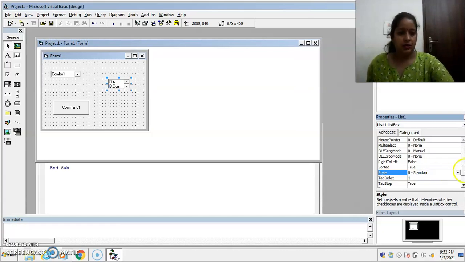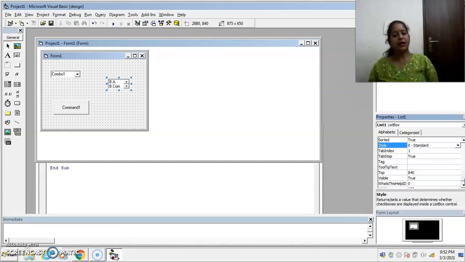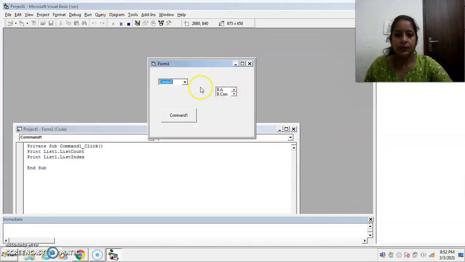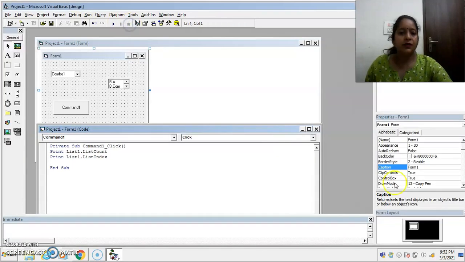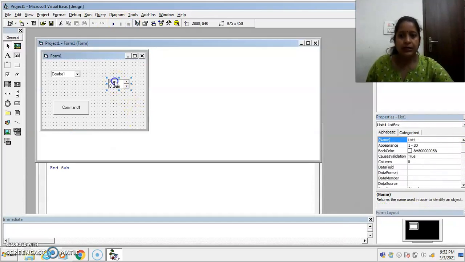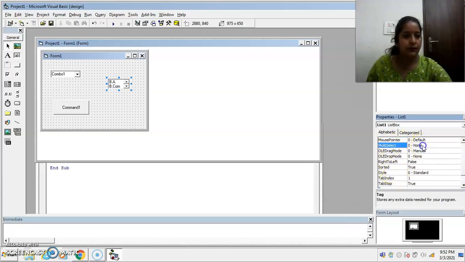So if a list box is displayed as a checkbox, then it already gives you multiple selection. Now as you see on the screen, in this list you can select only one item at a time. But if you set the multi-select property